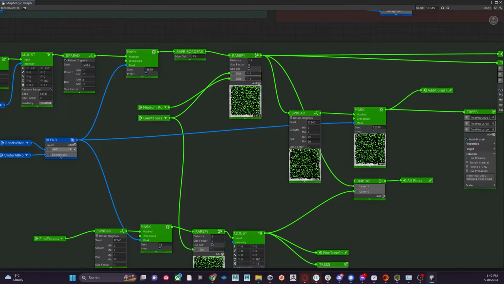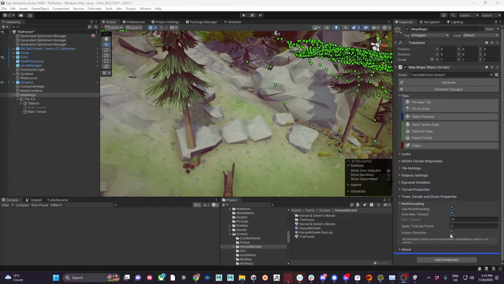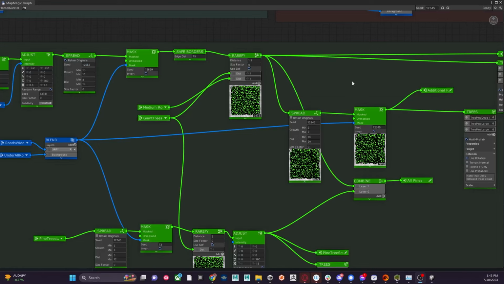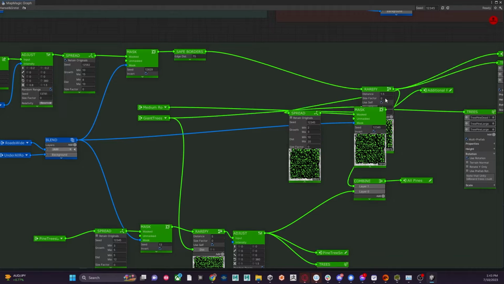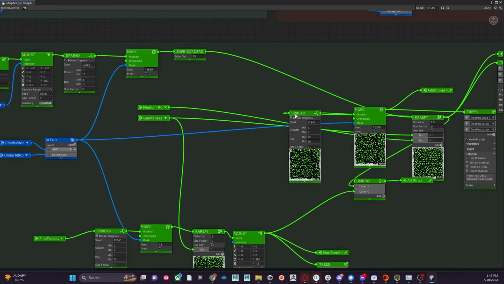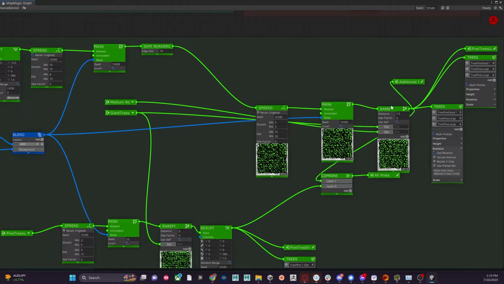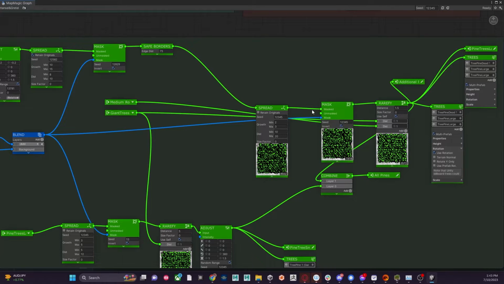So to do this, what I'll do is just come back to the scene and toggle off my instant generate on my terrain to allow me to make changes with a bit less lag. But basically we want the rarefy to happen here and the spread to happen first. So I'll connect the spread, and then from the mask we'll go into the rarefy. The rarefy will go into our spawning of our trees, and at that point we'll go into our portal, and then we can